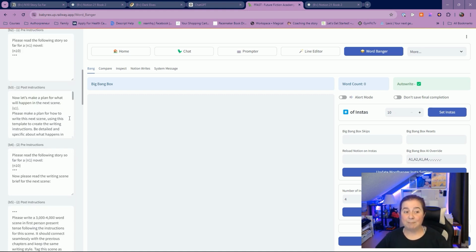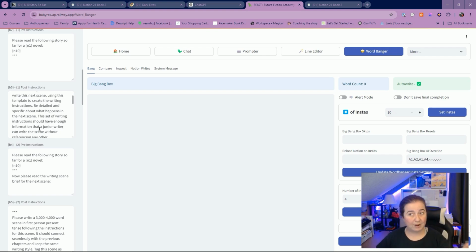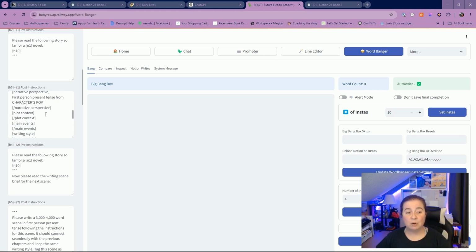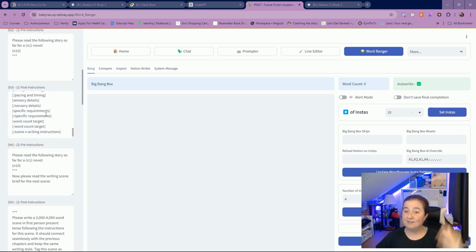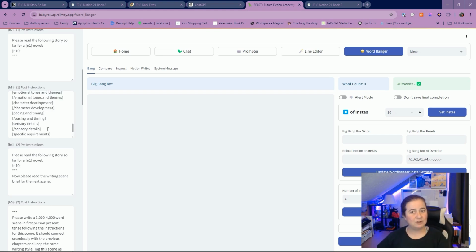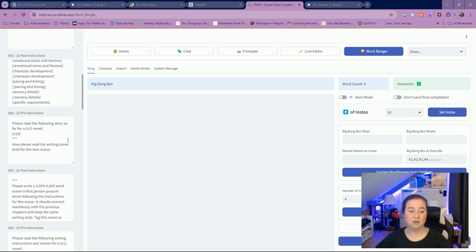Now let's make a plan for what happens. I'm going to use this S1 slot, which is a session slot. It's a temporary slot where I can just throw information for each chapter in. I'm going to say, please make a plan for how to write the next chapter. And here's all the information I want. I give it a template so that when it gives me the answer, it makes sure to consider sensory details, word count, pacing and timing, and character development. Make sure all this information is in these writing instructions.